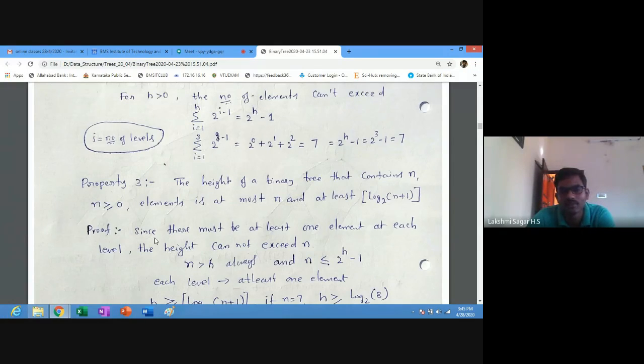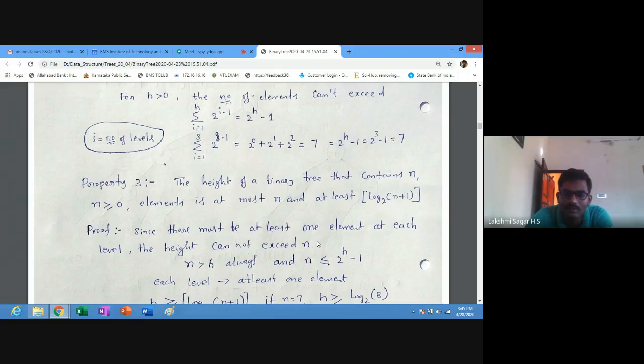Proof: since there must be at least one element at each level, at least one element should be present, and the height cannot exceed the number of elements. The height should always be less than or equal to the number of elements.